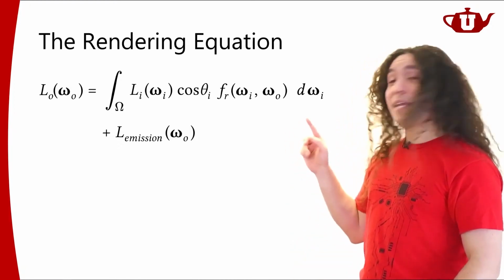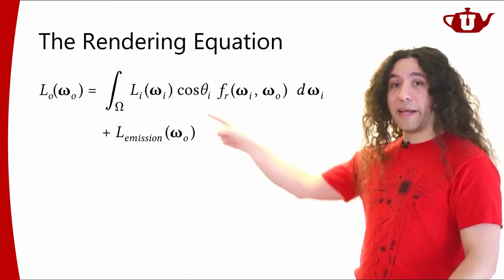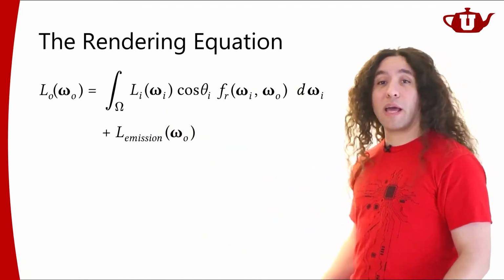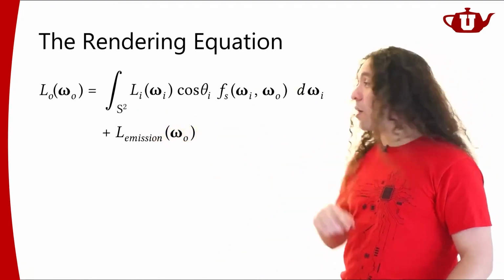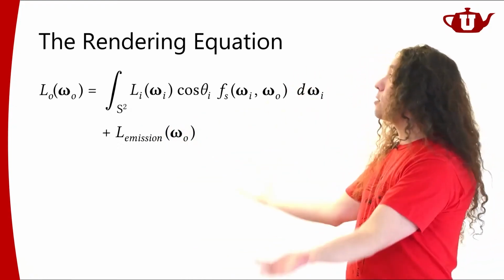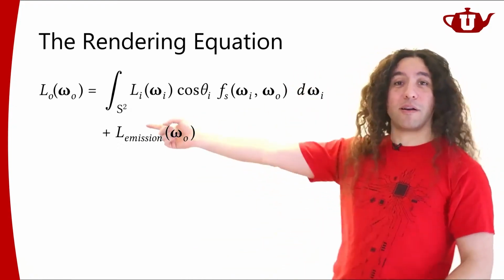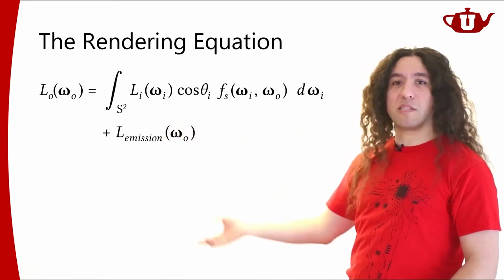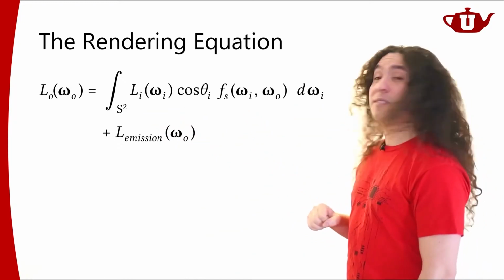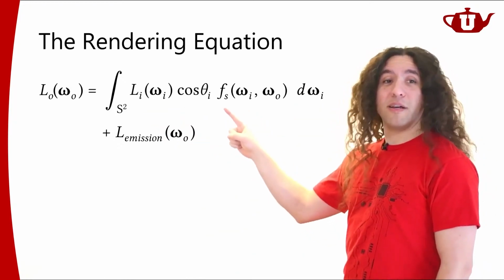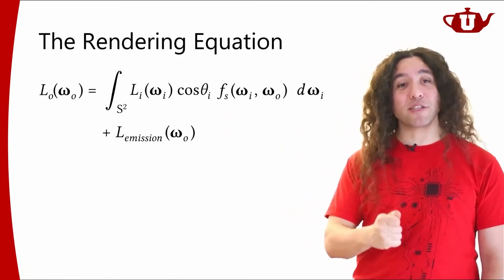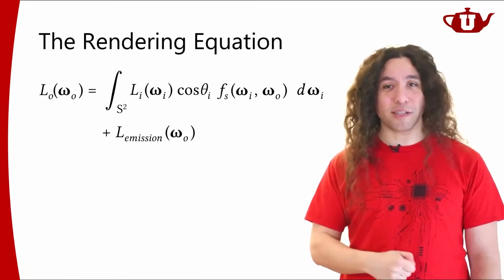So in that case, we can extend the equation a little bit. Instead of this omega that represents all directions over a hemisphere, I'm going to write S squared here, which corresponds to the lights coming from all directions over the sphere. S squared corresponds to the sphere of all directions. And I renamed my bidirectional reflectance distribution function. It was fr. I renamed it as fs. Now it's a scattering function, the bidirectional scattering distribution function.